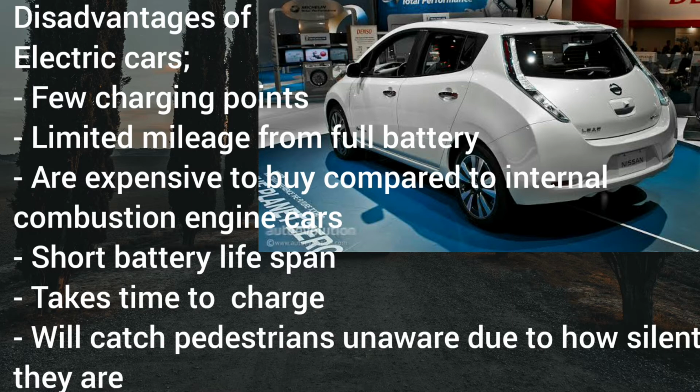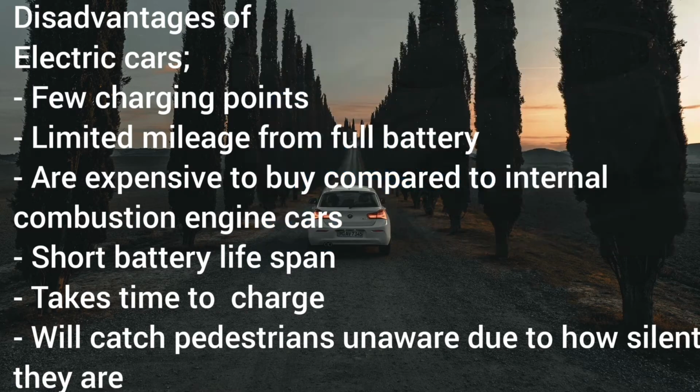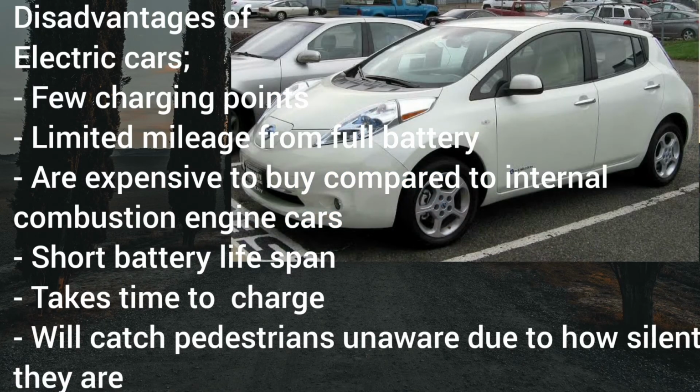There are 3 levels of charging in the country currently. There is level 1, 2, and 3. Level 1 takes the longest time to charge. It may take the whole night to charge. Level 2 takes about between 2 to 3 hours to charge the car fully, while level 3 is the fast charging that takes about 20 minutes, though it's not advisable to always rely on fast charging because it shortens the